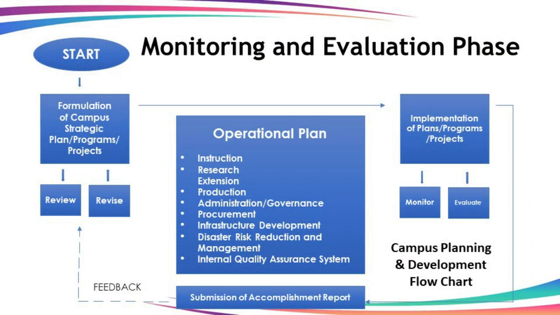Next stage is monitoring and evaluation. Periodic reviews and adjustments in all levels are required during the implementation of the plans. Likewise, the respective campus, college, and department allocates corresponding fund as reflected in the operational plan for the current calendar year and the annual procurement plan for the succeeding year, which are needed for the operationalization of the identified programs,